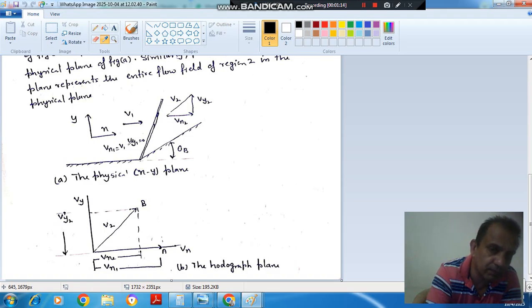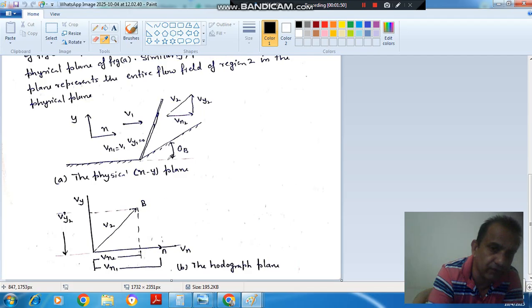So we will represent it graphically, and this graphical plane is called hodograph plane. Here we assume that the x-axis is in the direction of initial velocity. As the initial velocity is v1, it is represented by this OA. This is x direction, this is y direction. So as initial velocity is in x direction, it is represented by OA. So this A is the point.